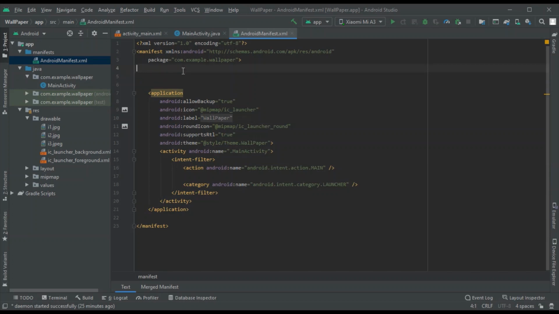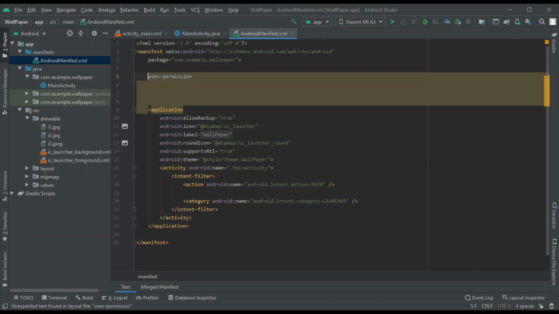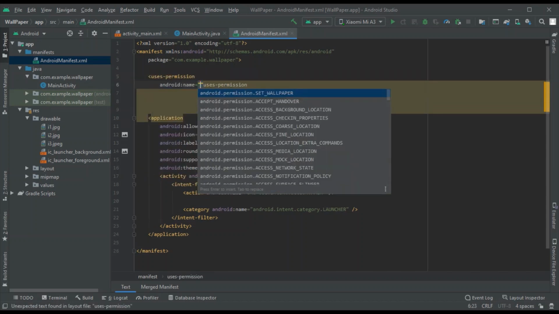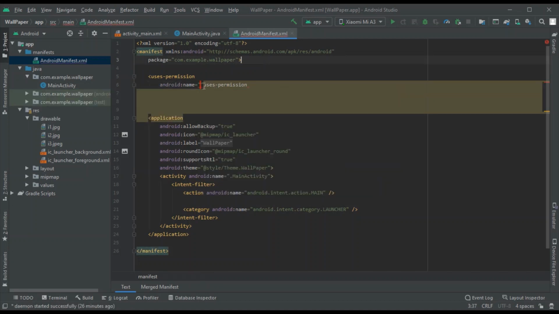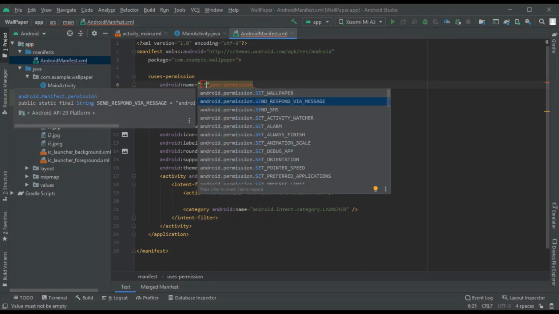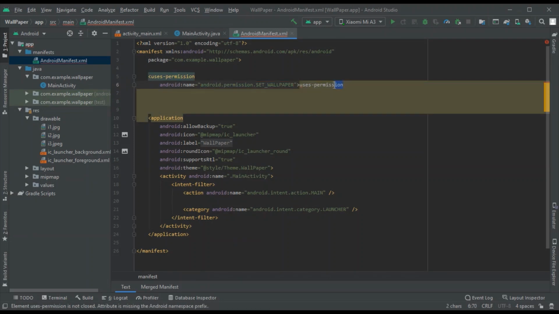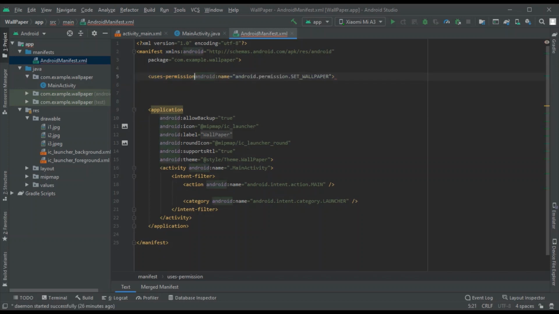If you go on top, and type uses permission, and add an angular bracket to this, you can get these templates. And if you click on this, here you need this permission, android.permission.SET_WALLPAPER. So this is the permission which you want, and you need to close this. So let's delete it. Yeah, so this is basically the permission which your app needs.